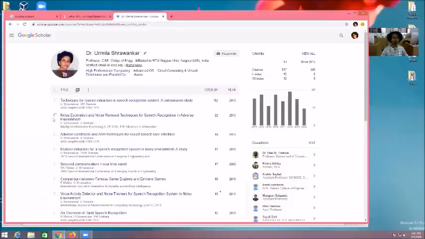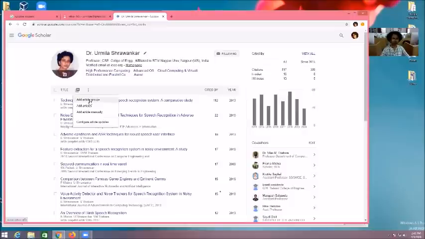Okay. Now here one more option is there, add article group. If your papers are in a particular group and you want to add that group, you can add it.